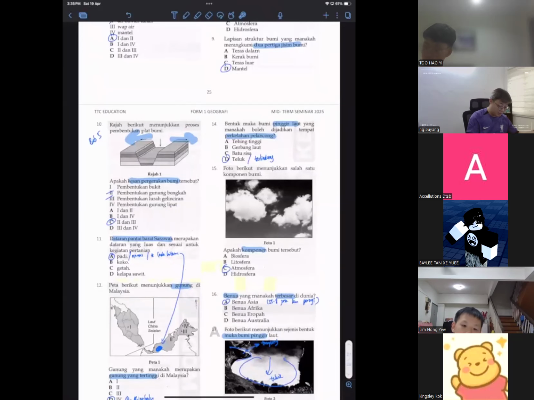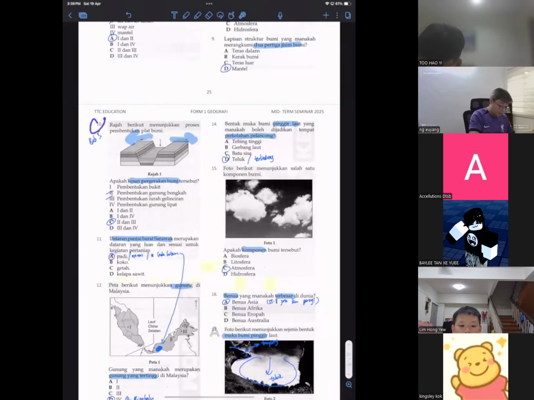Question number 10 is your bab 5, which we are going to enter for our current bab 3 and bab 4, week 3 and week 4 syllabus. So for my current students, we're done learning all the continents, the Lautan, which is the ocean, the sea, and the straits, right? In our upcoming class after the exercises, we are going to enter bab 5 known as Pergerakan Bumi. Pergerakan Bumi means the earth crust is actually moving around, known as tectonic plates.